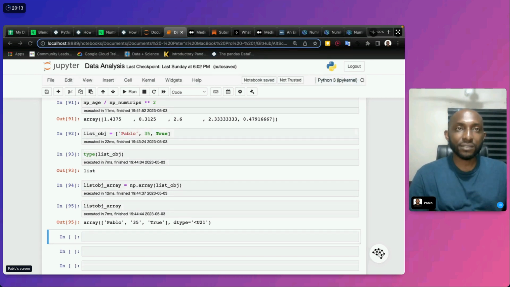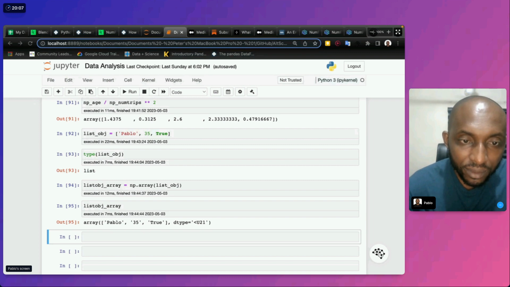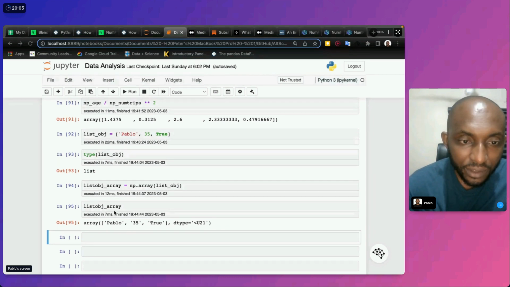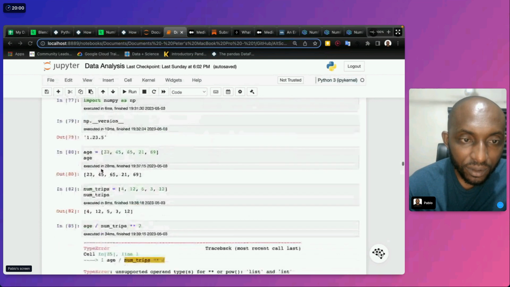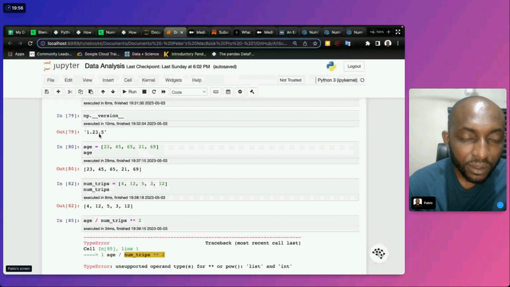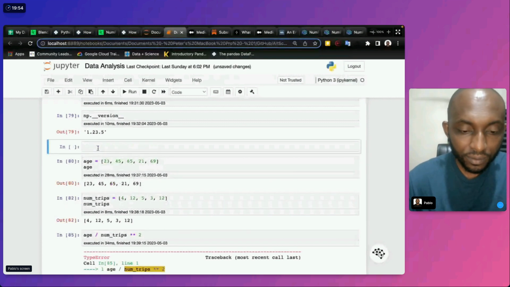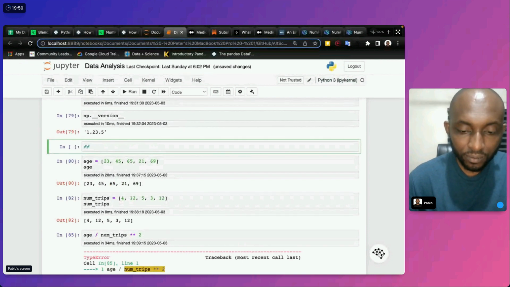So for instance, how do I show this? Let me call this numpy behavior.